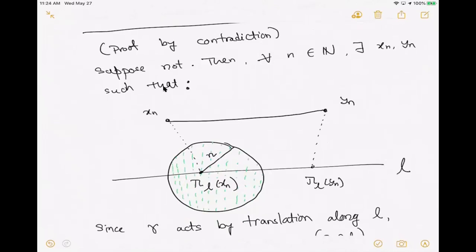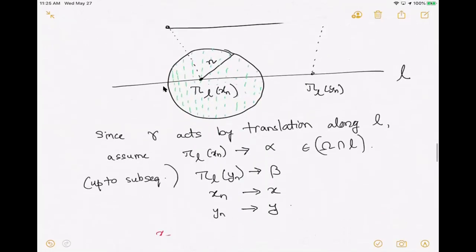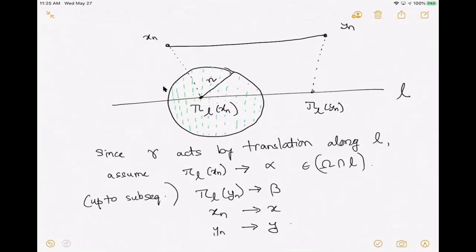What this configuration says is that the projective geodesic segment between xn and yn never intersects the ball of radius n around pi_L(xn), and pi_L(yn) is at least at a distance of n from pi_L(xn). Again, since gamma acts by translation along the axis L, we can translate pi_L(xn) using different powers of gamma